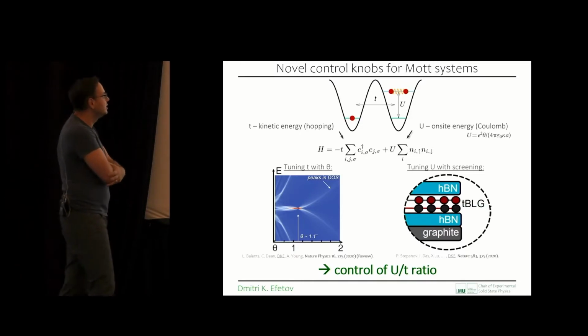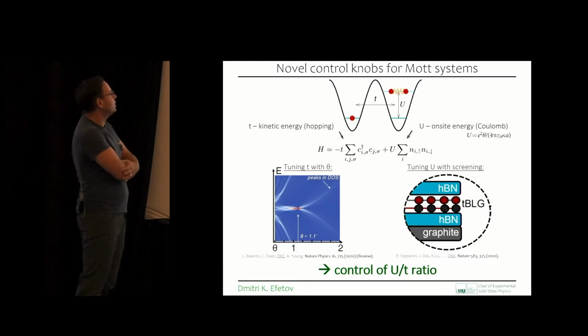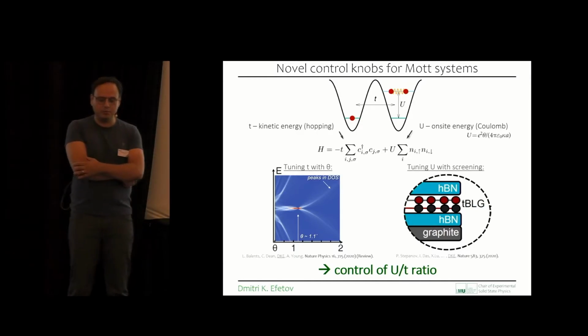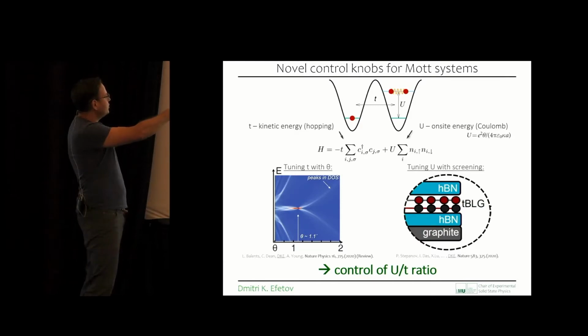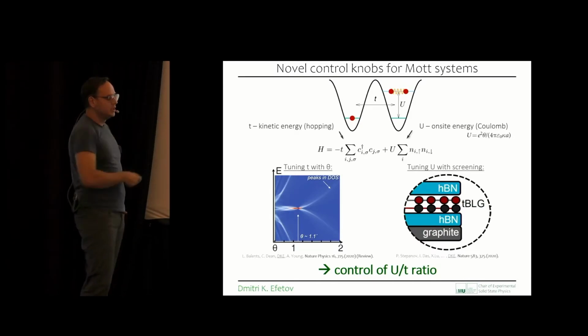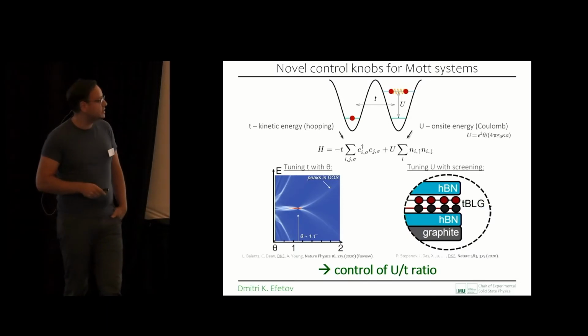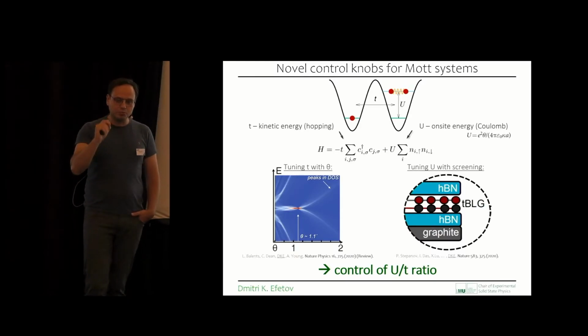So one thing is, if we go back to a Hubbard model and look at what are the defining parameters of what insulator, of course, this is the kinetic energy T. So this is defining the tunneling between two lattice sites, and this is the on-site energy U, which defines the interactions if two electrons sit at the same lattice site. And it turns out that we can really precisely tune both of those quantities.